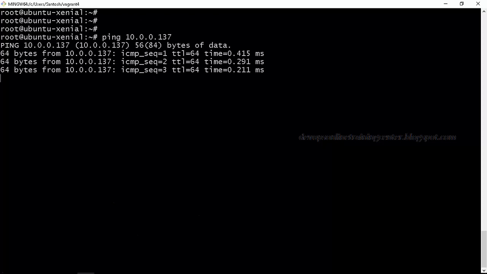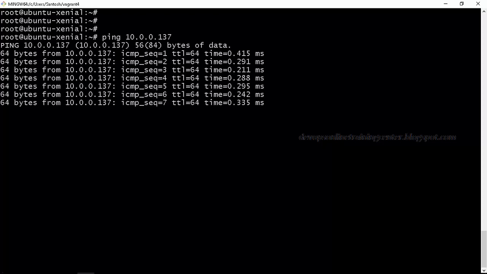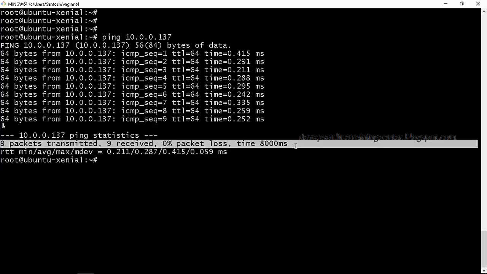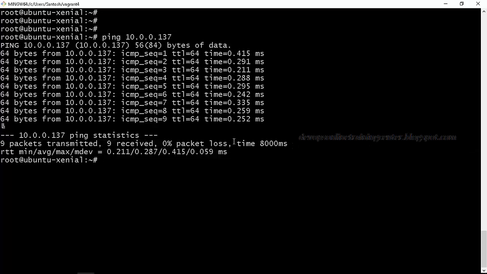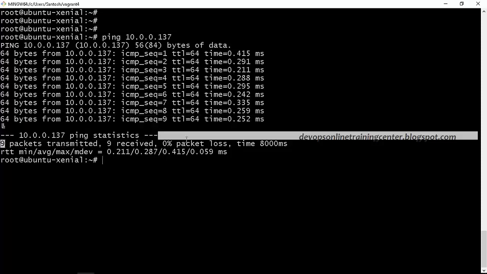If you just type ping, it will ping the other machine, and when you press Control C, it will come out of the prompt. You can see 9 packets transmitted, 9 packets received, 0% packet loss. This indicates that we have sent some packets, we have received the acknowledgement, and there is no data loss. If the other machine is not pinging, you will get 100% packet loss. This is the proper IP.